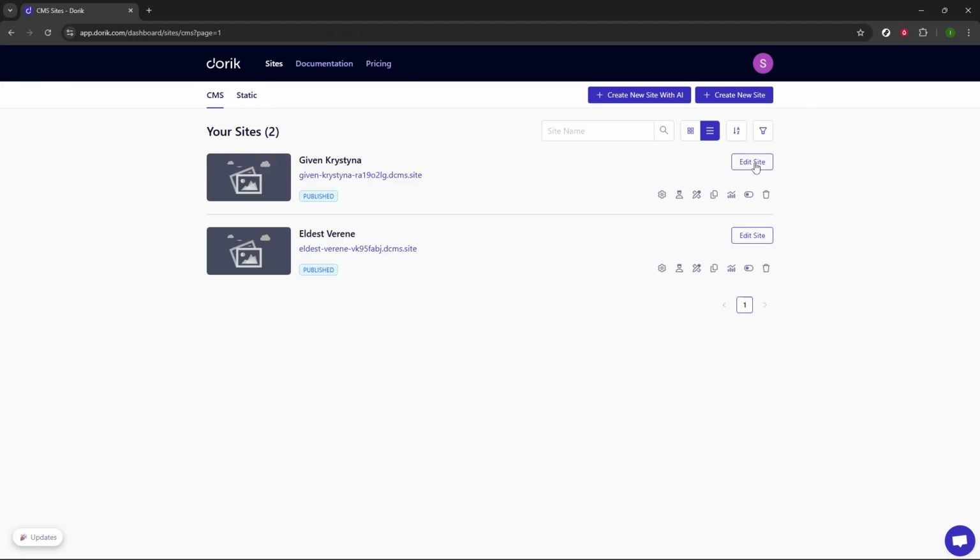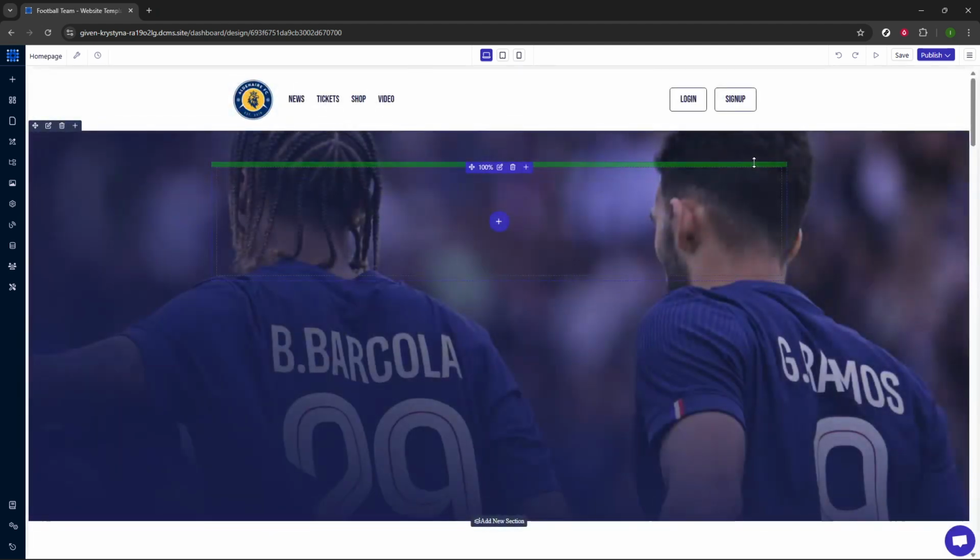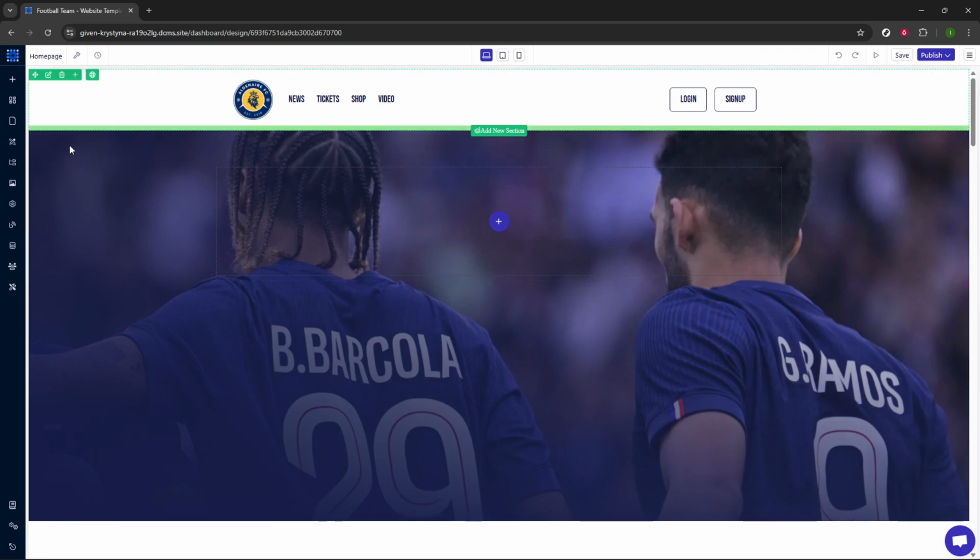Start by opening your browser and going to the Dorik login page. On the sign-in screen, click the option that says Sign In As to continue. If you're prompted to choose a Google account, select the one you use for your Dorik workspace and complete the sign-in. Once you're in the dashboard, locate the site you want to work on and click Edit Site to launch